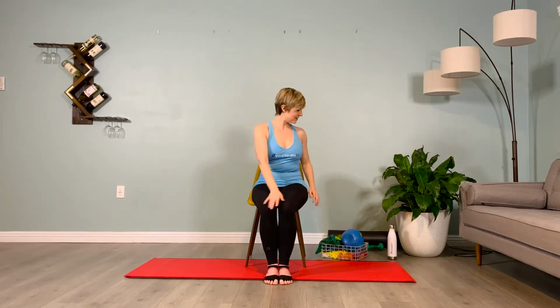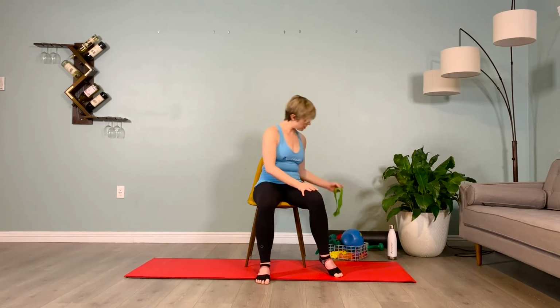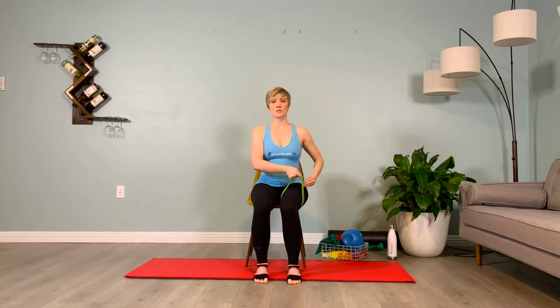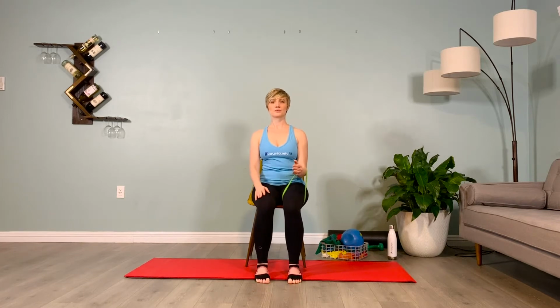Great job. We're going to move into some upper body work. So I'd like you to grab your second to lightest loop band and you're going to step into it. And I'm going to have you step into it with the leg on the same side as your dominant arm. So place it around the thigh on the same side as your dominant arm. And then once you have it up on that thigh, you're going to take the hand through it